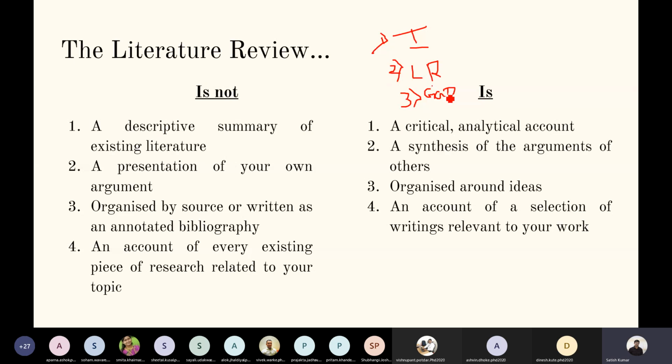Also, it is not just a piece of work which is related to your topic, right? It is a selection of writing relevant to your work, and in detail you need to